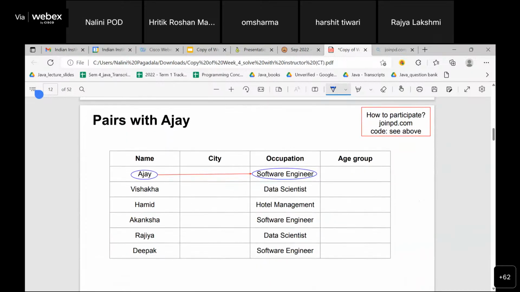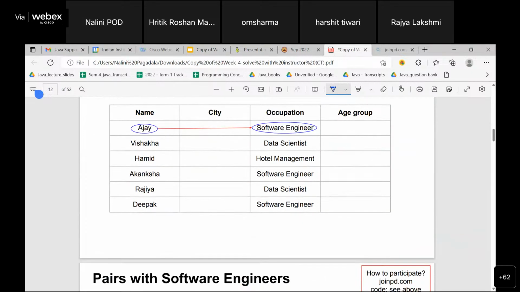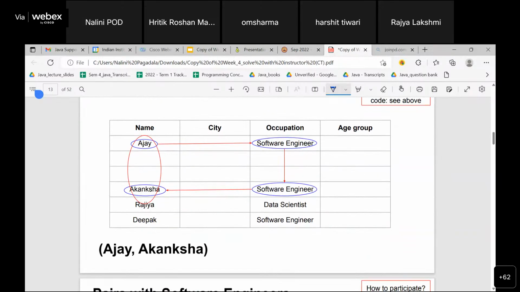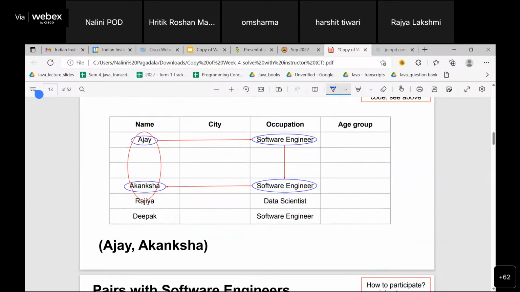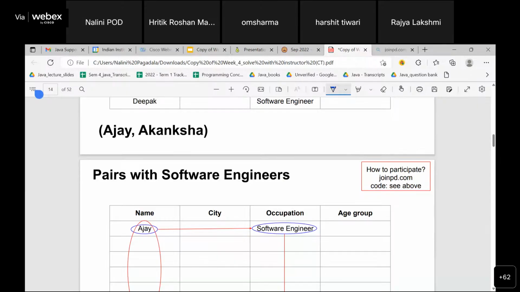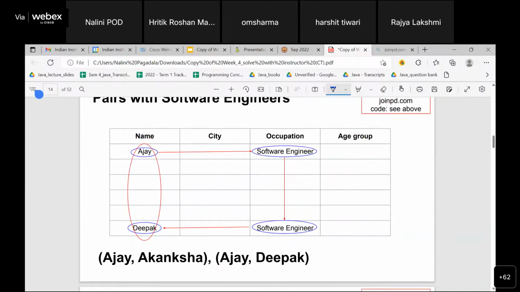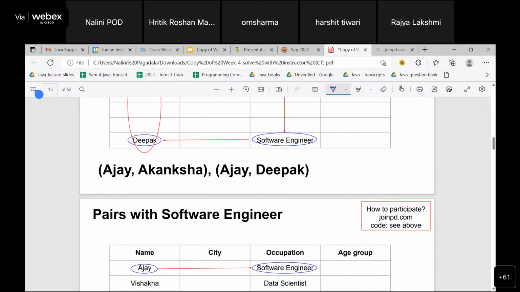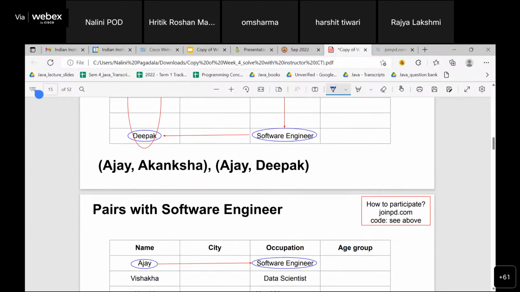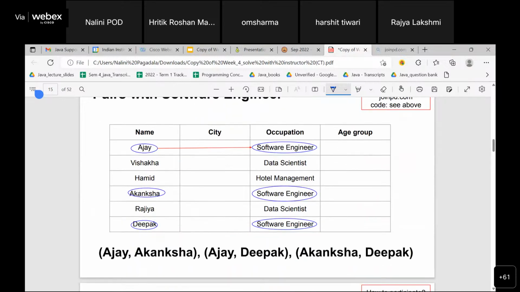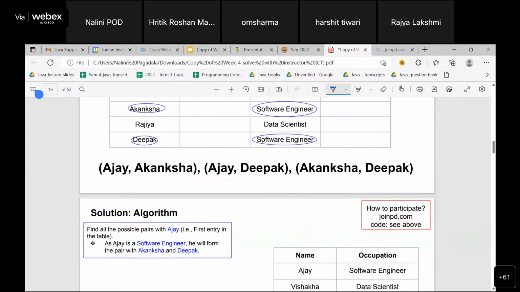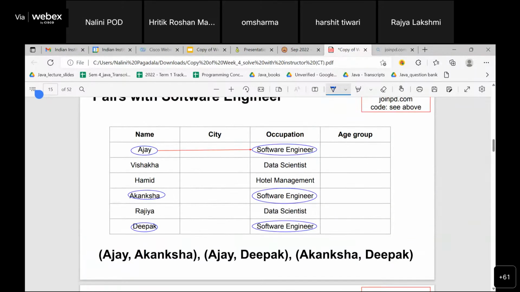So the same thing we are doing here. Ajay is a software engineer, and we are comparing with each and everyone. After finding Akanksha, who is a software engineer, we got one pair. Similarly, Ajay will be compared with every other one, and the other pair is Deepak, who is a software engineer. So far we have got 2 pairs: Ajay-Akanksha and Ajay-Deepak. Okay. And now we can remove this, and then